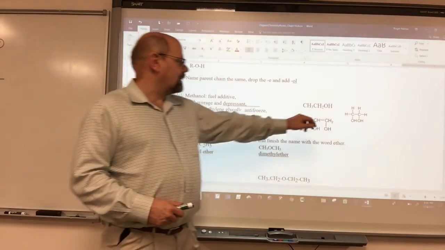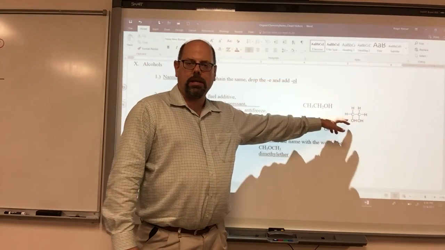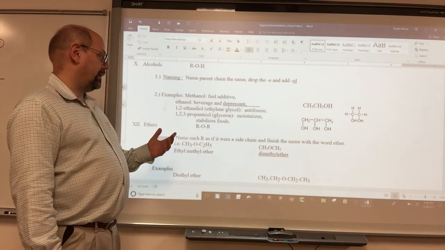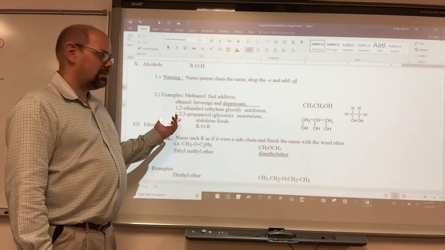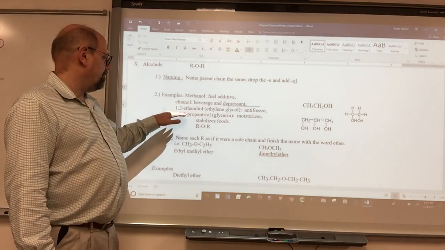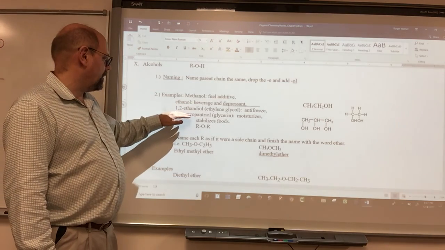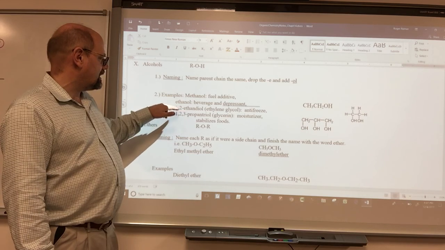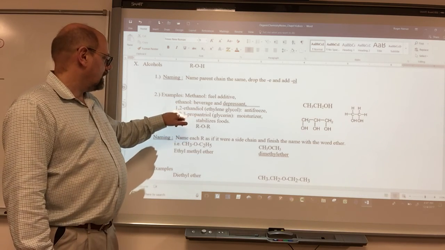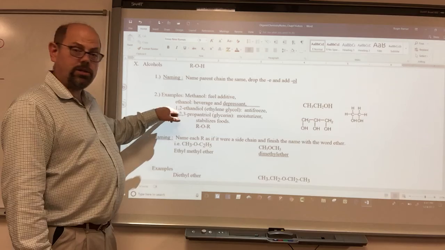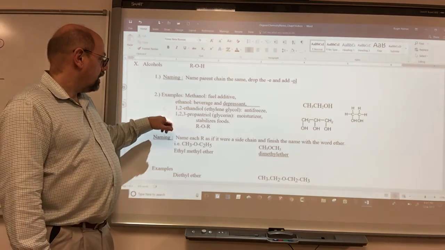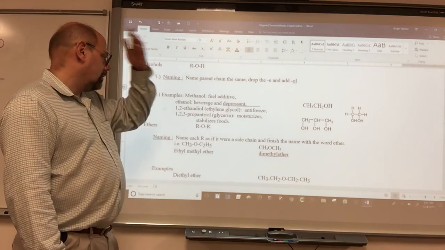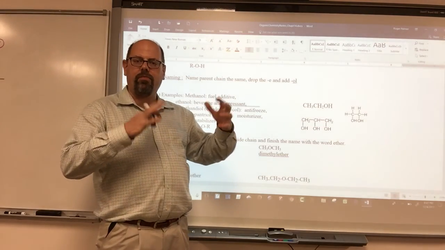Here's a good example of antifreeze. Usually that same compound looks just like drinking alcohol, but it's got an extra OH. People say it's sweeter, that do drink it. I can't imagine, it's got to be even worse for you. I don't know what it breaks down into, and I'm sure it's somewhat poisonous. But it's 1,2-ethanediol, meaning on the first and second carbon there are 2 OHs. That has to be different because both OHs could be on the 1, which would be 1,1. But ethanediol is what we use in the antifreeze in your car to keep it from freezing in the winter. Water loves that, and so it keeps it in a matrix and keeps that from freezing like a block